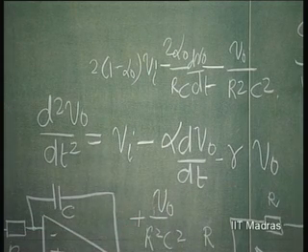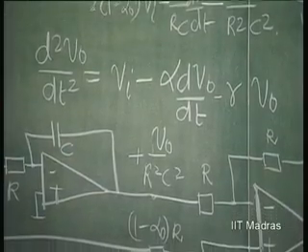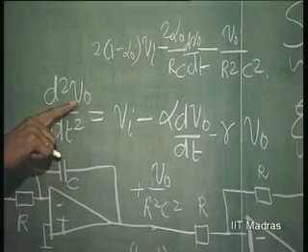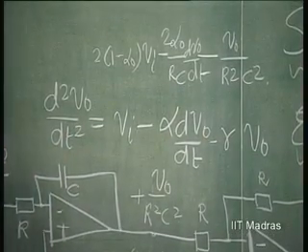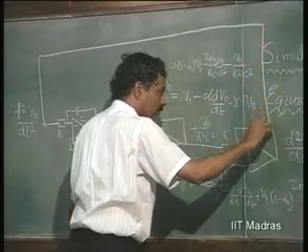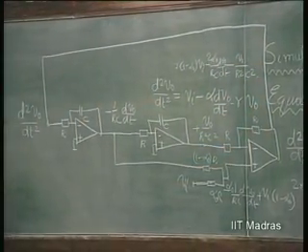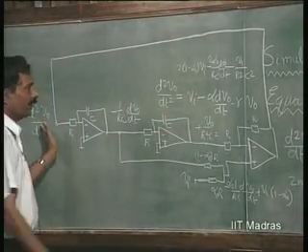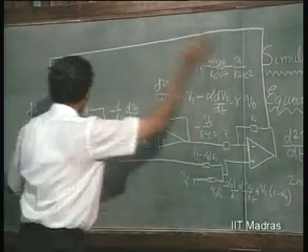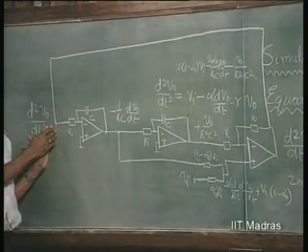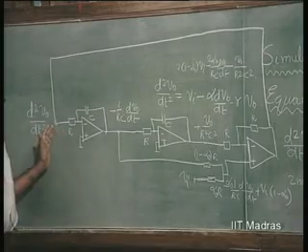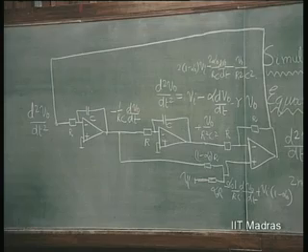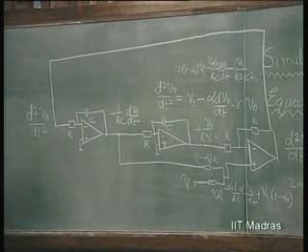So, this is now to be made equal to d squared V naught by dt squared. That can be done because our equation says this is in fact d squared V naught by dt squared. So, I connect this here. So, this circuit therefore simulates this equation. Connecting this here means I am making the right hand side, which is this, equal to the left hand side, which is this, what I have assumed. So, this in fact simulates a second order differential equation, and this circuit is called